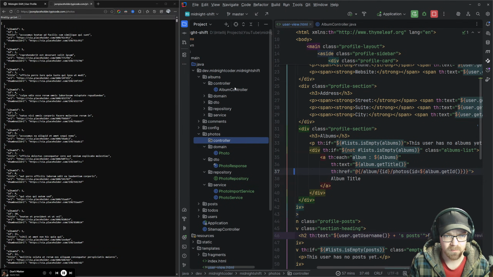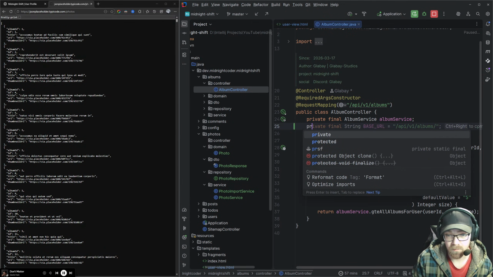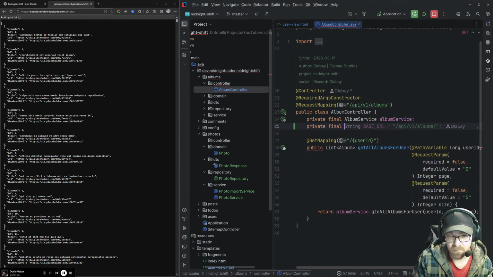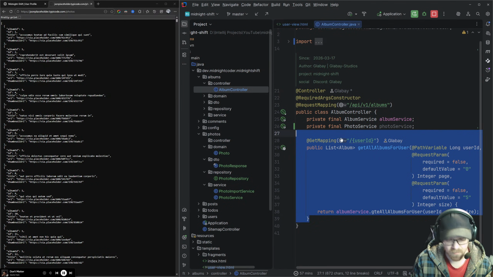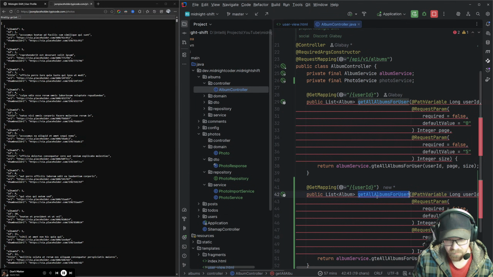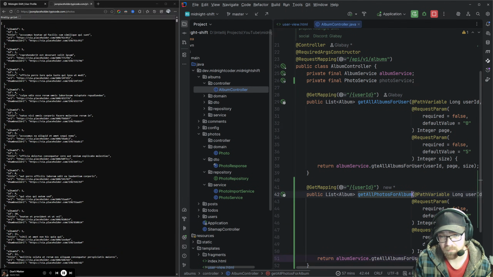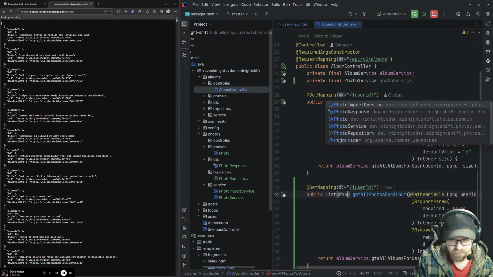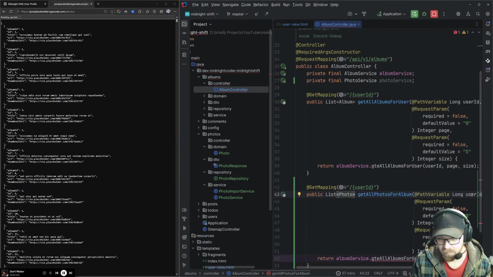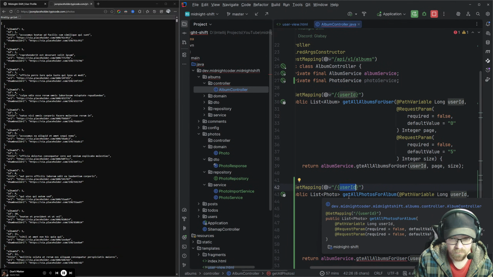I have the photo service, so if I go into the album controller and drag in the photo service, private final photo service, and if I duplicate this, and if I say get all photos for album, and if I call this a photo, user ID, this is going to be album.